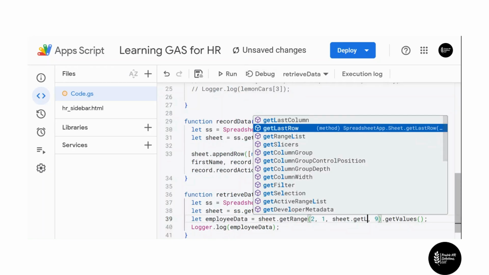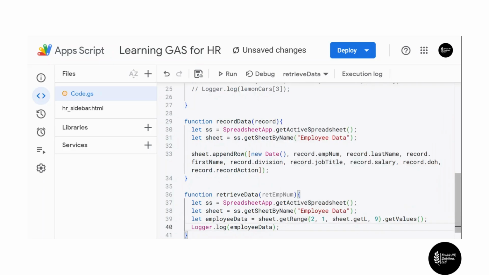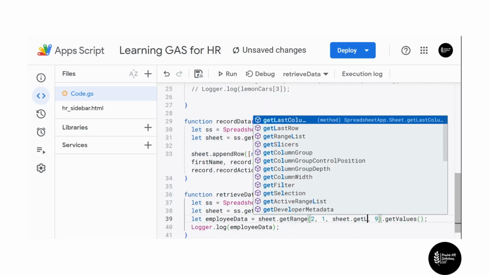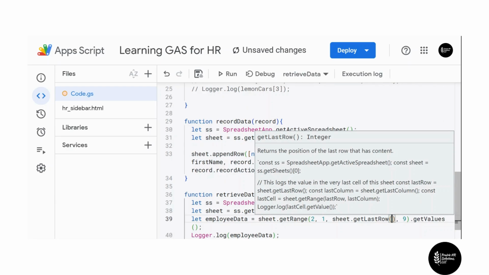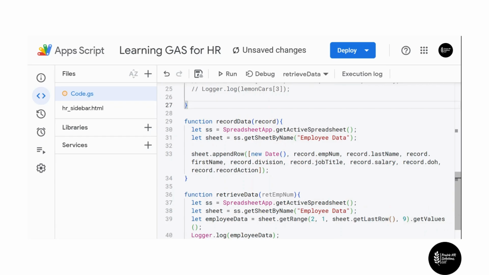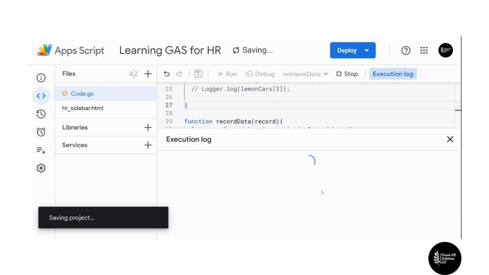My apologies. Let me share the right screen here. What we're wanting to do is get the last row instead of that 17, so we can call our variable, our sheet here, and then we get the last row, and you see it was a method, so we're going to need the parentheses. And what this will do is this will get the last row of that sheet. So now when we run it,